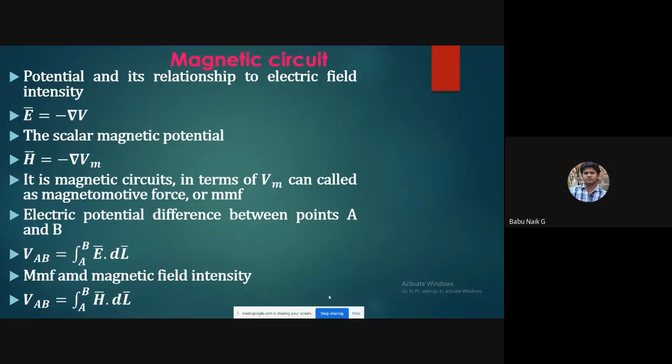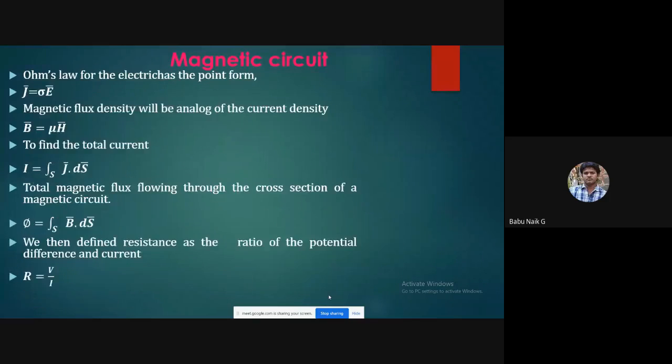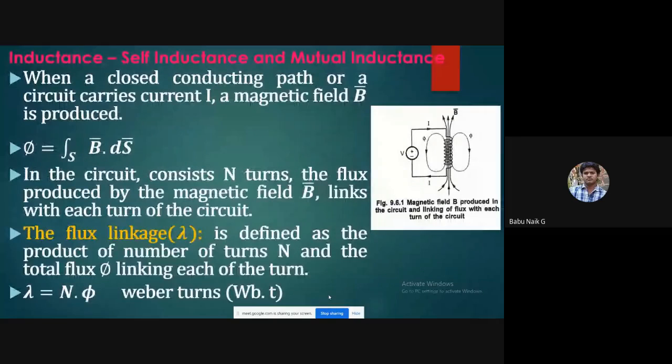Okay, so we have seen all this in magnetostatics. Now let us calculate the other one, that is the simple concept of inductance, either self-inductance or mutual inductance. We'll see the main concept in magnetostatics of self-inductance and mutual inductance here. The inductance is going to depend mainly on the conductor or wire here.